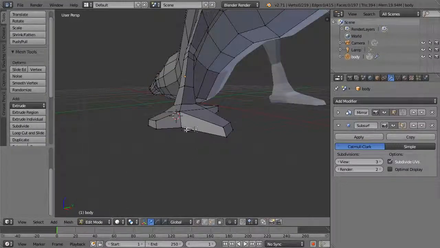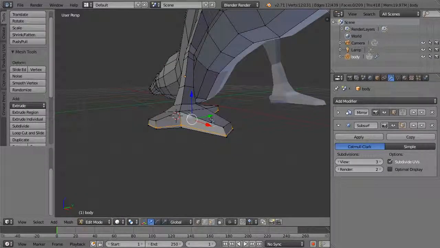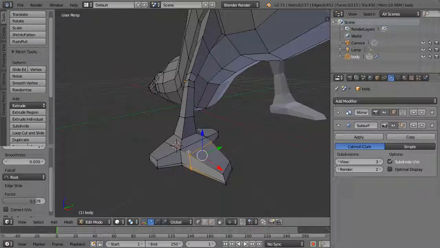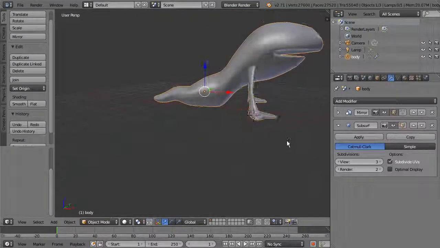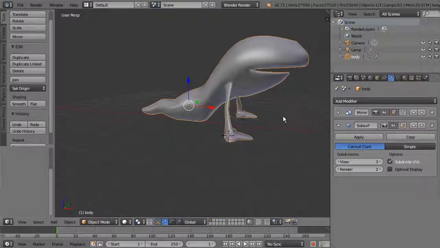Okay? And then if you want to define those feet a little bit better, let's come into edit mode. If you want to make the feet a little bit flatter, when you add edges close to other edges, when you smooth it, it serves to tighten that up. So you can see now it's flat there. Okay, if you wanted to tighten up the shape of it, you can add those edges in. And you could do the same thing here. If you want to tighten up this area, so it's not so soft, you could come in here and add an edge right in there. And you can see that that tightens things up. Okay, so spend a little bit of time tweaking your little arms there. And then in the next